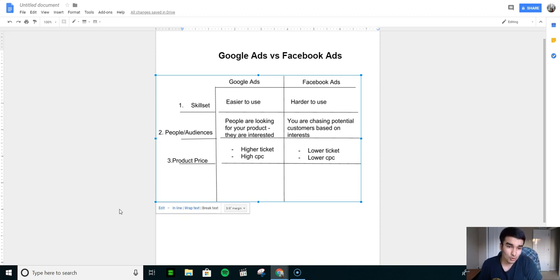For Google Ads, it's much better to sell higher ticket products, because on Google, it's much higher CPC than Facebook. I've seen it myself several times. I've tested the same product, for example, on Google and Facebook, and I see that the CPC, cost per click, is much higher on Google than Facebook. The reason is that it's more targeted. On Google, every customer could be a potential buyer, right? So that's why Google is much more expensive than Facebook.